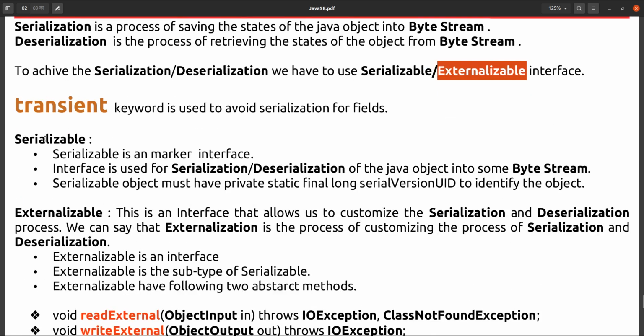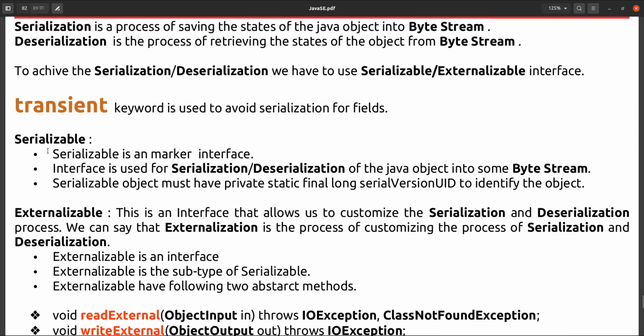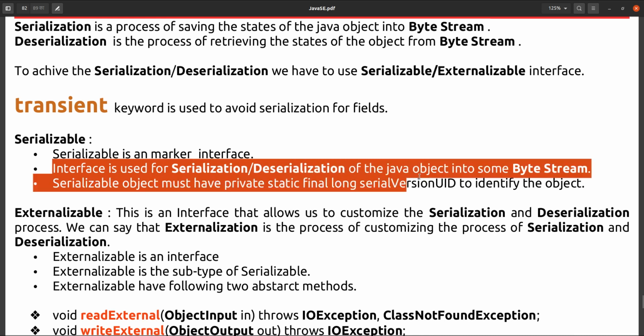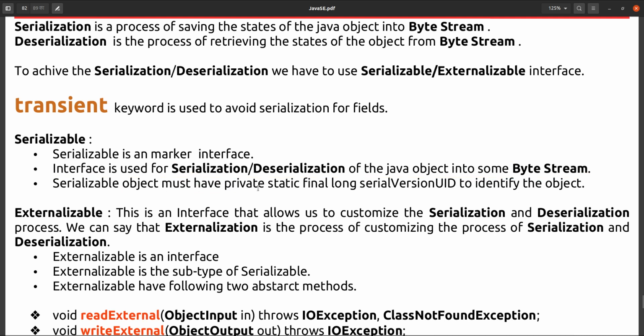Serializable is a marker interface, used for serialization or deserialization of the object into some byte stream. A serializable class must have a private static serialVersionUID field to identify the object, which we have already seen, because the serial version UID can be used to identify whether the object is the same or different.